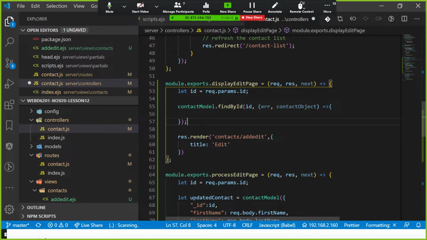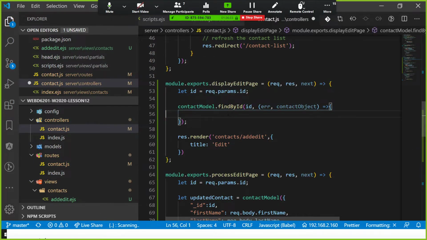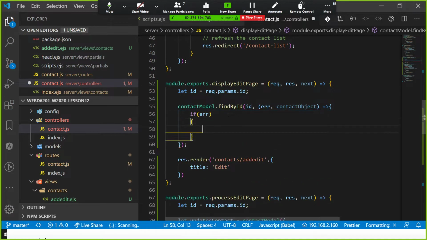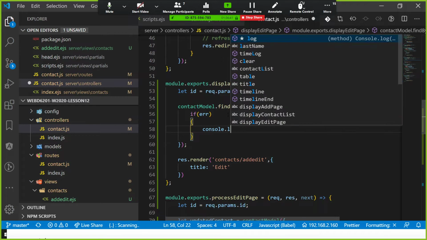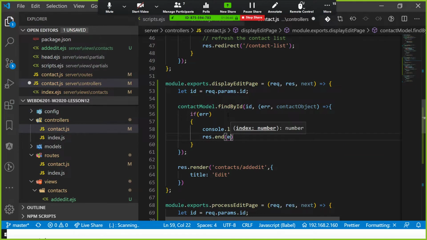So what is the contact object? I'm going to put the res edit inside there in a second, and you'll see what I'm talking about. Or I might make it an else in a second. So I'm going to say that if there's an error, then again we're going to console log that and we're going to res end. But what if there's not an error? Did I find my contact? And if the answer is yes,